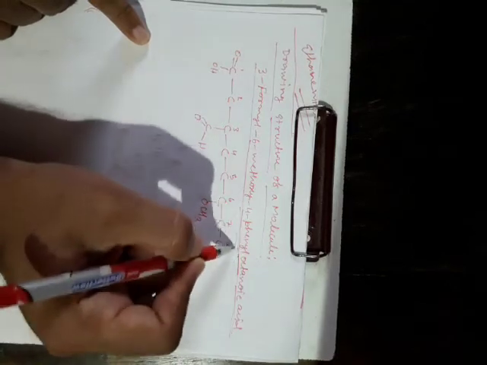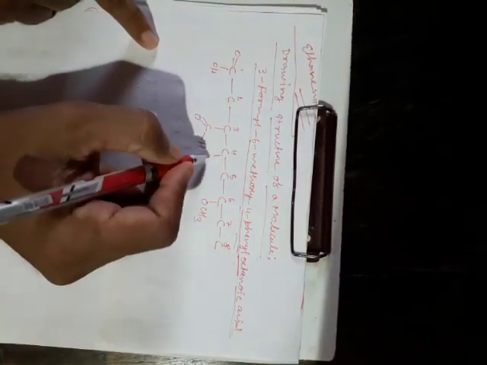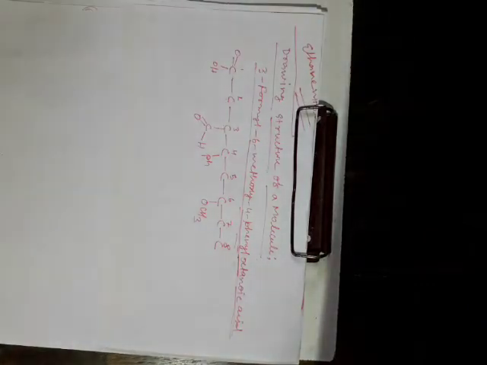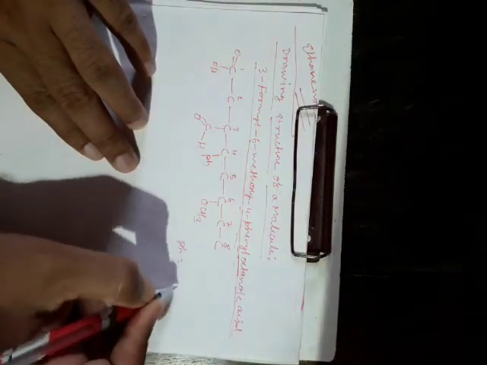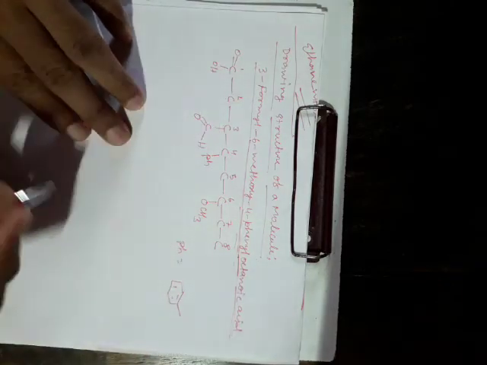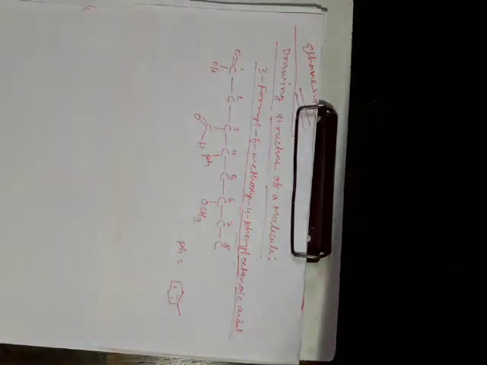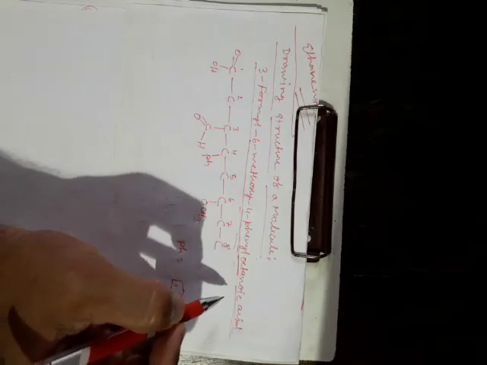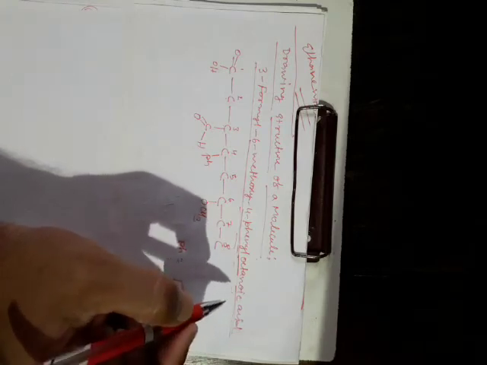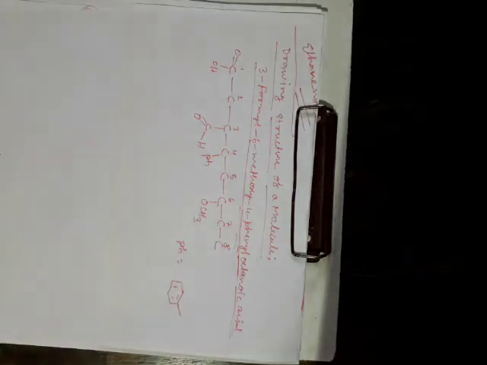The molecule has the 4-phenyl group, so the phenyl group is at carbon 4. So there is the phenyl group, Ph. Ph stands for the benzene ring. It is the phenyl group, which is generated at carbon 4 in the molecule. Now there is no ENE or YNE, so the molecule is saturated. Now the tetravalency of carbon is completed by the required number of hydrogens present in the molecule.